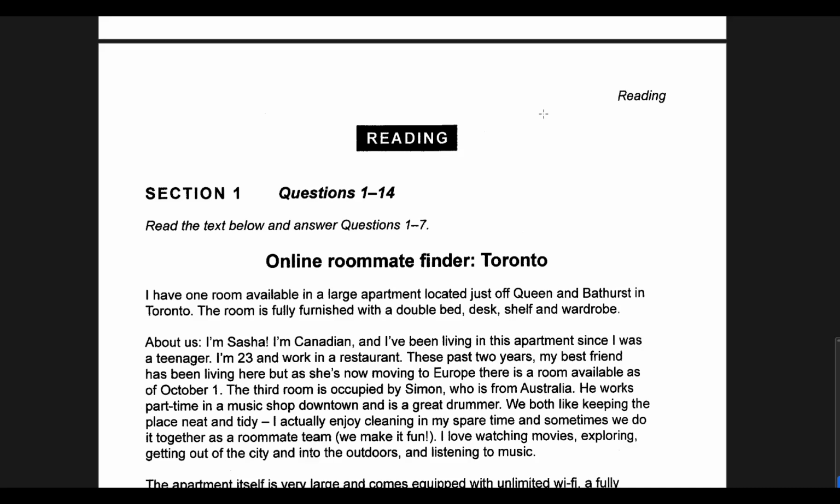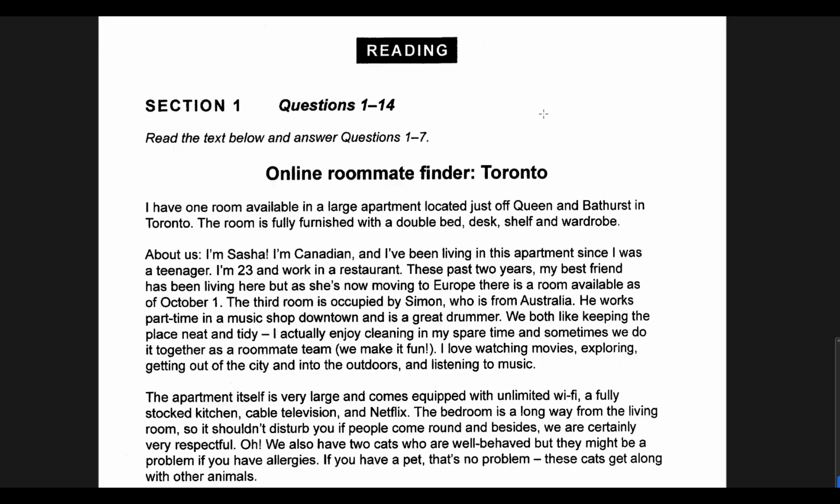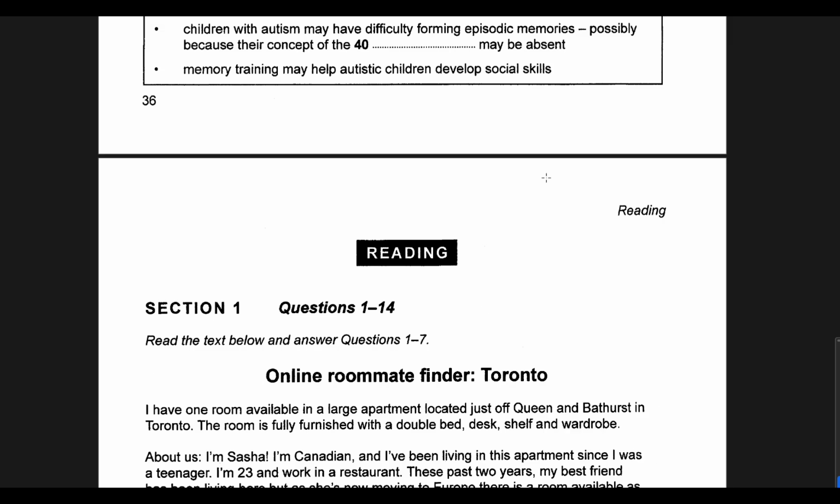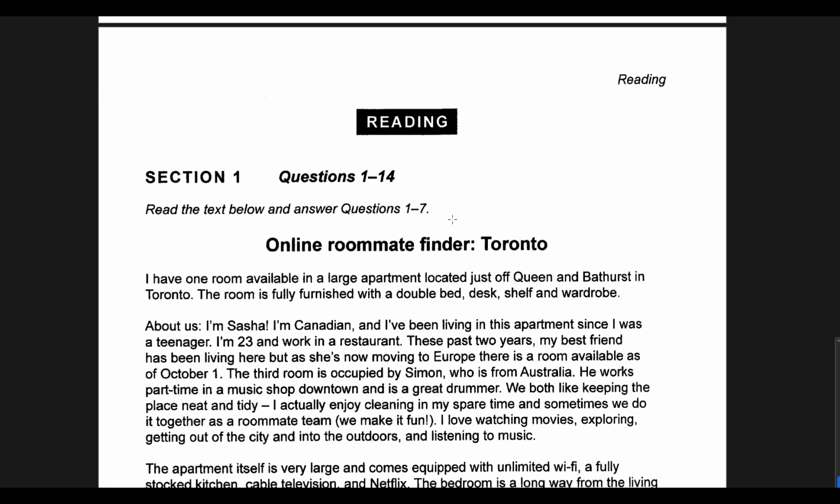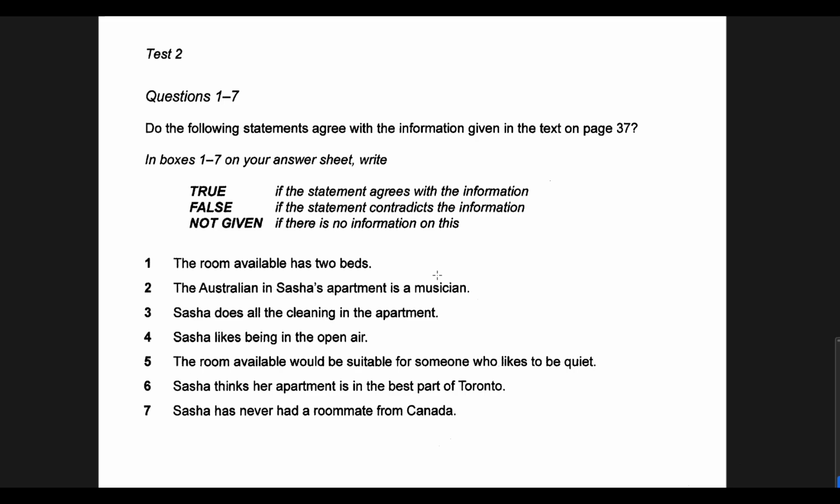IELTS reading general training has 3 sections, and the first 2 sections are quite easier because the text is simple and the questions are also simple. There is not much complexity there. For example, in this test, the first section has this small text, then it is followed by true, false, not